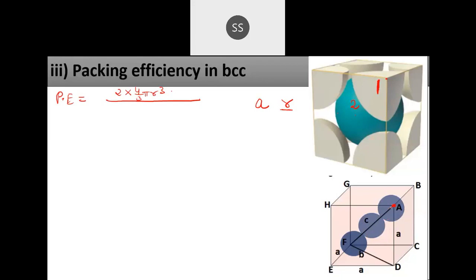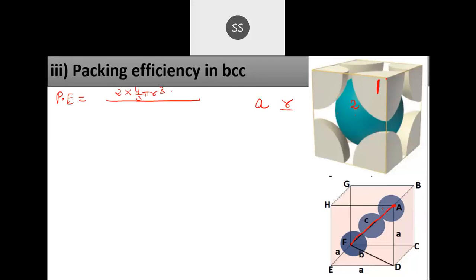This diagonal we get, I have taken from one corner A to F. This is in the front and that F1 is behind. So if you do like that, you will get the body diagonal. So they are in contact with each other. The atom present at corner A, then one center atom present in the center of the unit cell, then I have the F atom. So this will give you the R value, because here the atoms are in contact.